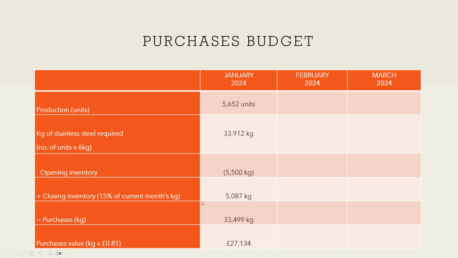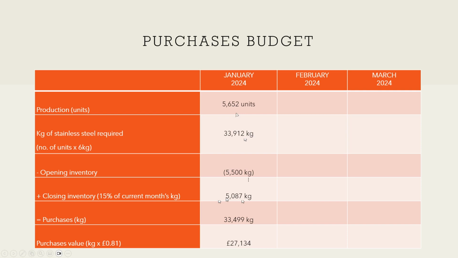So let's look at the first month then. So January, the production was planned to be 5,652 units, which means that we'll need 33,912 kilograms of stainless steel. The opening inventory was 5,500 kilos, and we want closing inventory to be 15% of that 33,912, which is 5,087 kilos. So that means that if we start with the 33,912 minus the 5,500 plus the 5,087, we need